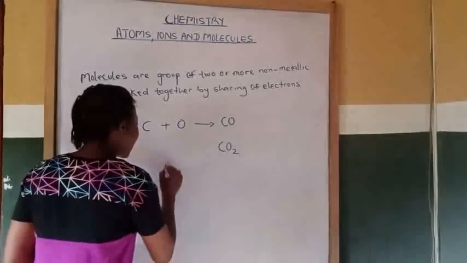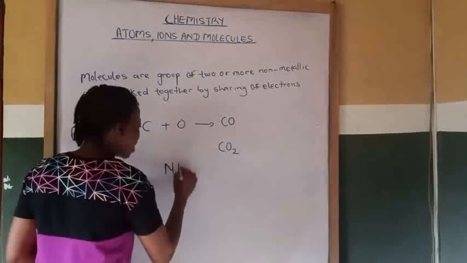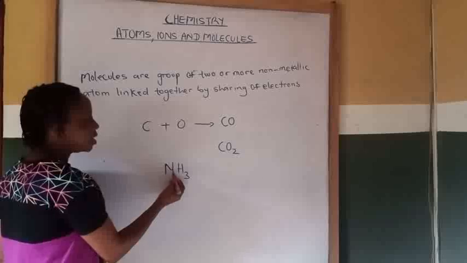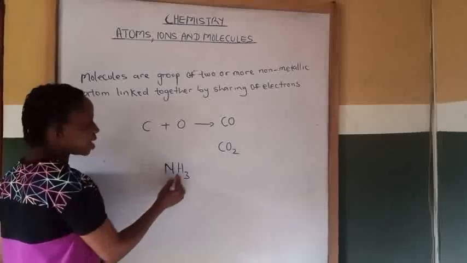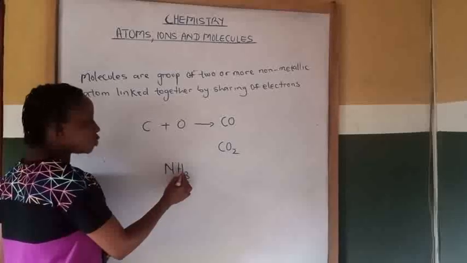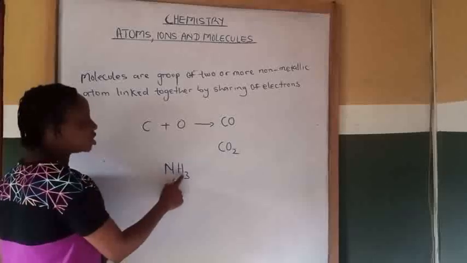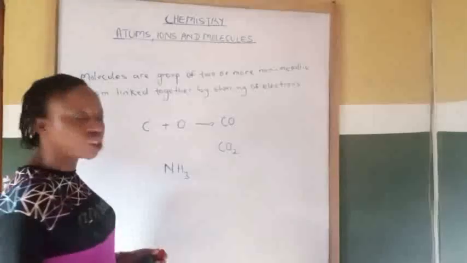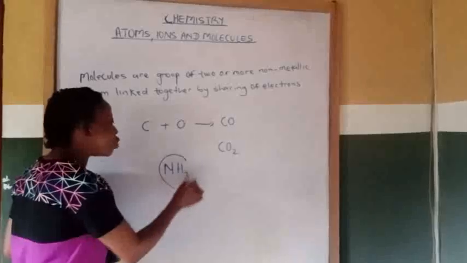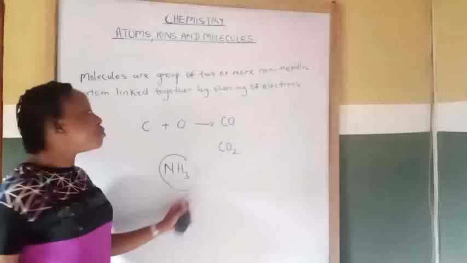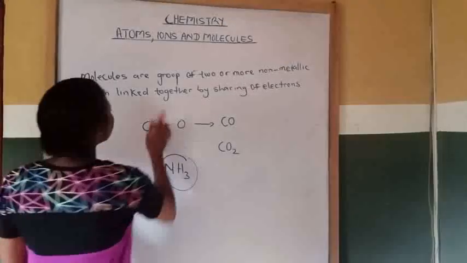Then nitrogen and hydrogen, which is called ammonia. Nitrogen is a non-metal, and hydrogen is a non-metal. So we have four atoms: one atom of nitrogen and three atoms of hydrogen. So this is a molecule. This is an ammonia molecule. Now, we have two types of